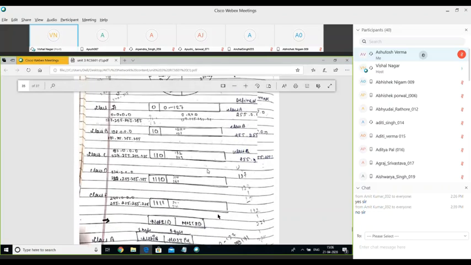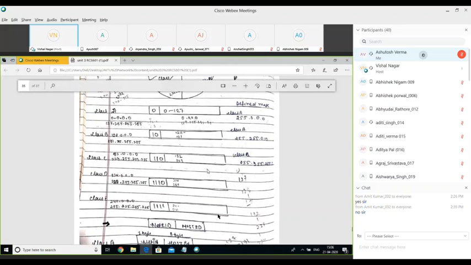Class means, why do we have this categorization of classes? It is very similar to why we have the hierarchical network, because all the layers of the network have specific uses. Similarly here, class C belongs to your commercial users, class D belongs to your multicast users, class E is not yet used. This is to have a proper systematic use of the IP addresses. We have divided the IP addresses into classes.